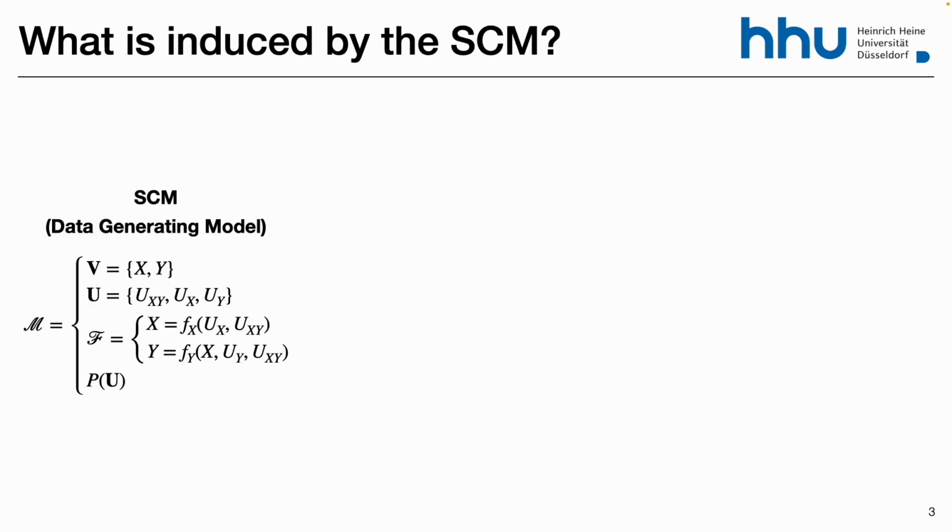All the distributions, so all three layers of the Pearl causal hierarchy, follow or are induced from the SCM. The SCM is the true nature, the true data generating model, and it encapsulates all the information you need. So if you had access to the SCM, you would be able to compute counterfactuals from different realities, from everything. I won't show you an example, but chapter 7 in the Causality book starts by showing how you can compute the counterfactuals directly from an SCM.